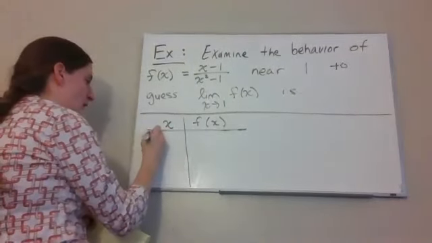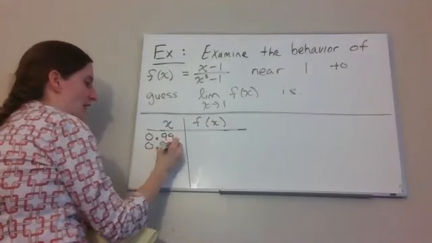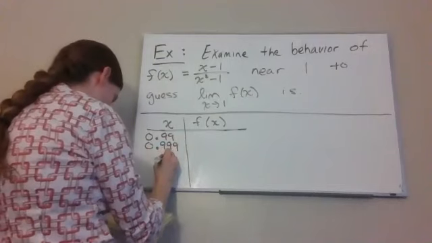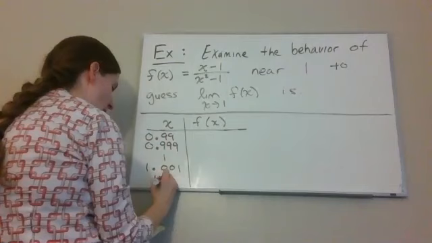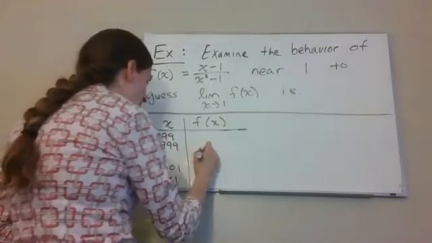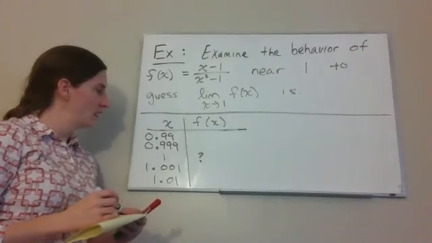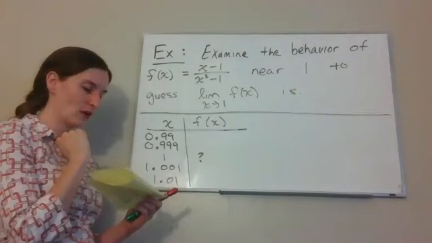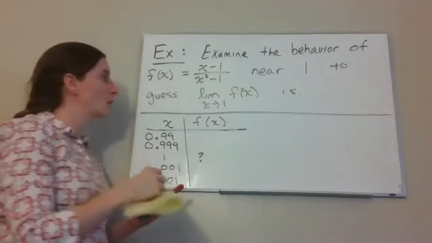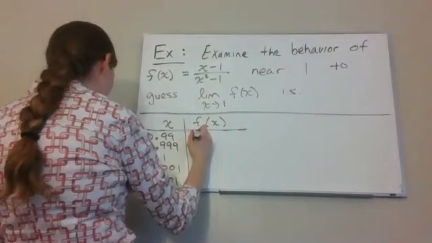So we're going to guess what this limit is by, again, checking values on each side of 1. So I'm going to use 0.99, 0.999, 1.001, and 1.01 to try to guess what this behavior is as I get closer to 1. Now, if you take these values and plug it into this x minus 1 over x squared minus 1, when I plug in 0.99, I'm going to get